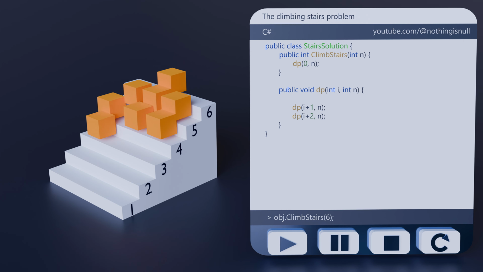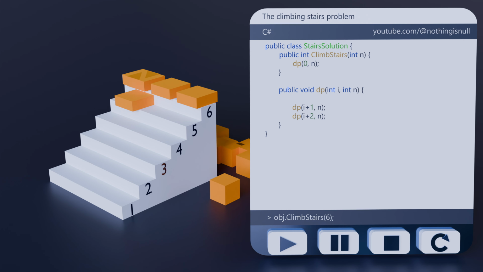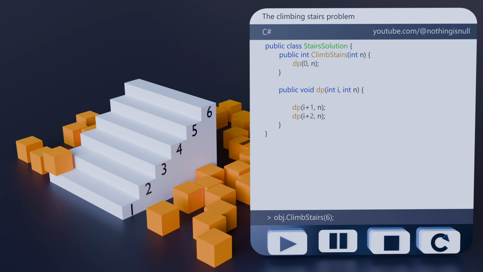But there is an issue: our recursive calls never stop. The function literally makes a mess and will call itself indefinitely, or at least until we run out of memory and hit the infamous stack overflow. But at this point, we know that we can generate all possible solutions, even if our execution just spiraled out of control. All we need is for our cubes to check if they reach the last step or if they overshoot the staircase entirely. And those checks are called the base cases.